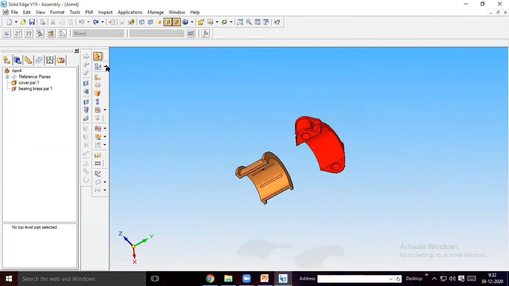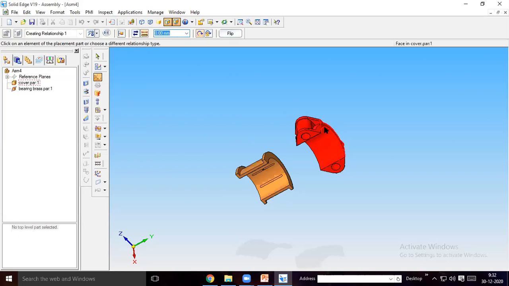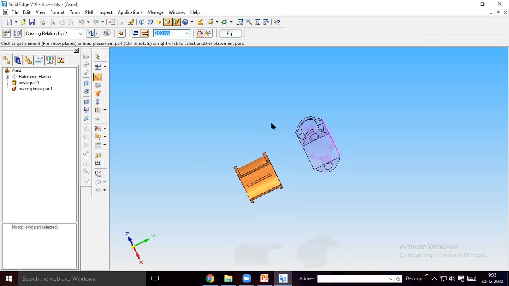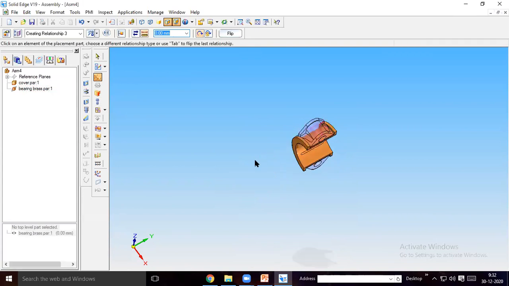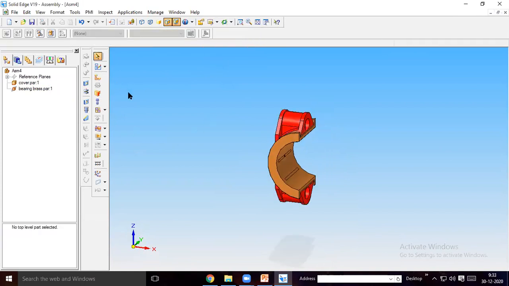The flush fit of this surface with this one. Okay, now the alignment is perfectly placed. Okay, and keep it in dimetric view before taking the next part.